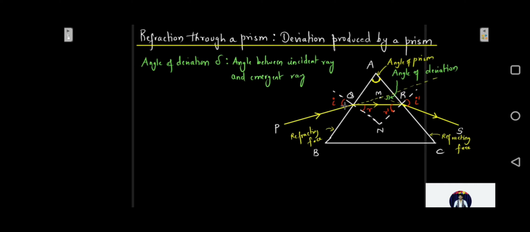So let i and r be the angle of incidence and refraction at the surface AB, and let r dash and i dash be the angle of incidence and angle of refraction at the surface AC respectively. A, as I told you, is the angle of prism. So now if I consider the quadrilateral,